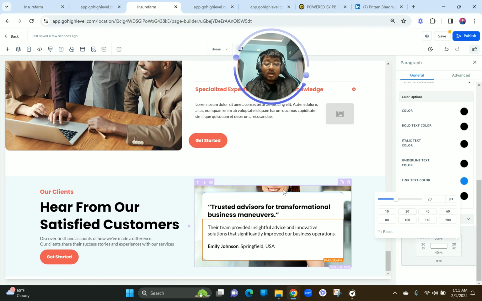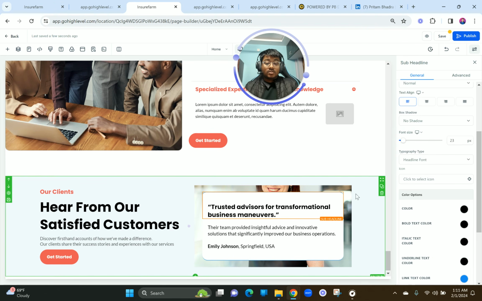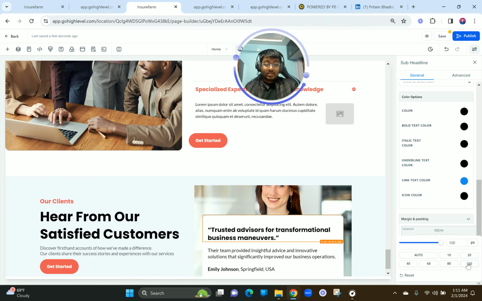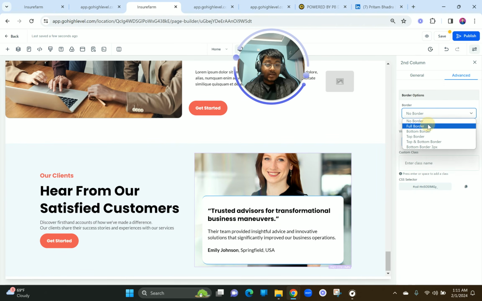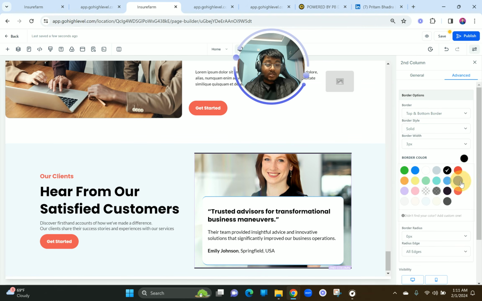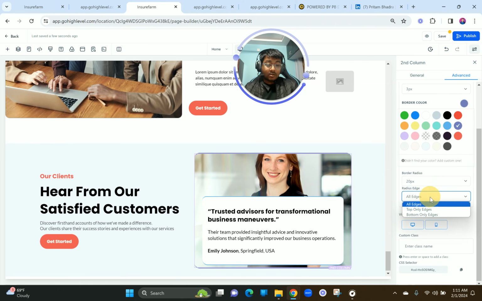Now you need to click on the column here because you really cannot see the client here, right? So you click on the subheadline and then you add some margin to it, and that can be, let's say, 100 pixels or 150 pixels, like that. Okay. Let's first make those changes and we will then rectify it and make it better. Okay, in top and bottom, let's say make it 3 pixels, and we want this bluish color to it, and I only want it on, let's say, 20 pixels on